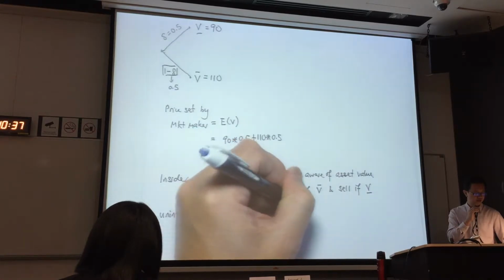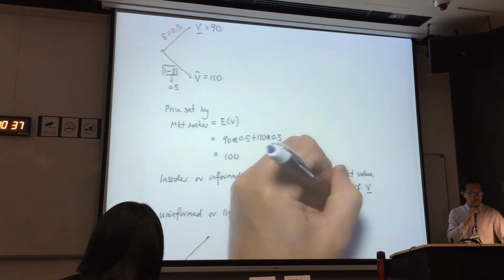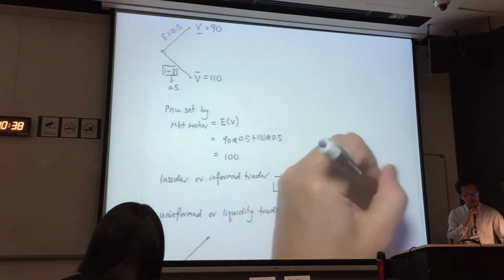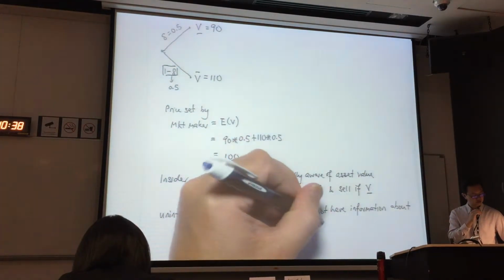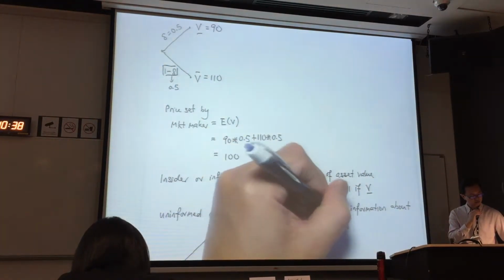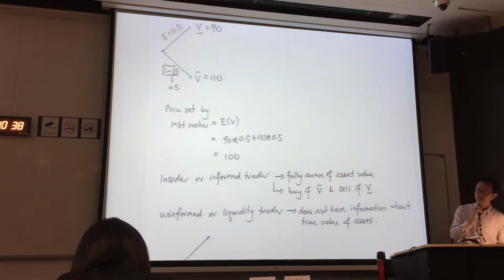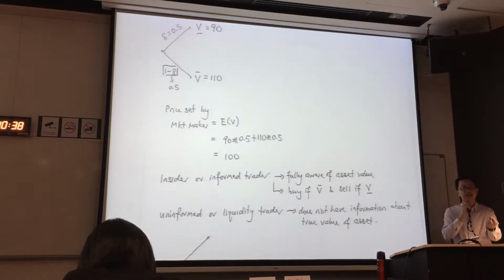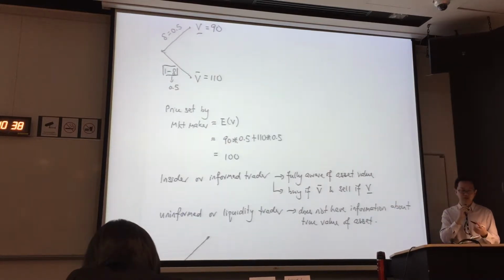So this one does not have info about the true value of assets. Only the insiders know. These guys don't know. And hence when they trade, it's based on the assessment of the expected value of the asset compared to the price set by the market maker. So this is why when you look at